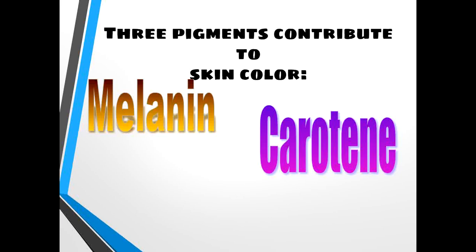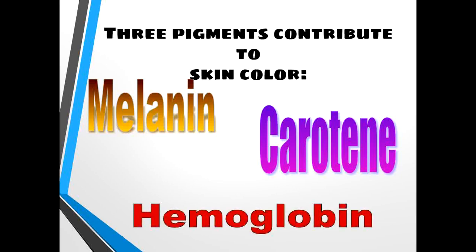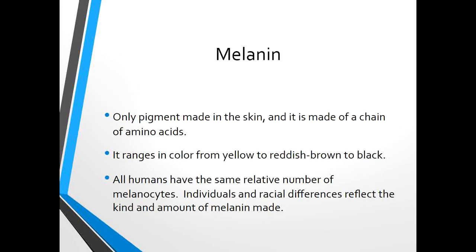not to be confused with keratin. Keratin is the protein that gives us strength in our skin and our hair. This is carotene. Carotene, so that's very important. And then hemoglobin. So melanin is the only pigment that we make in our skin, and it's put together using